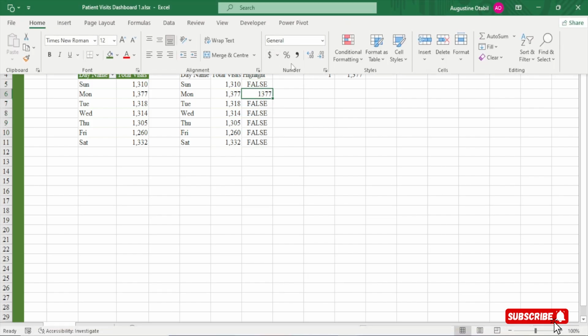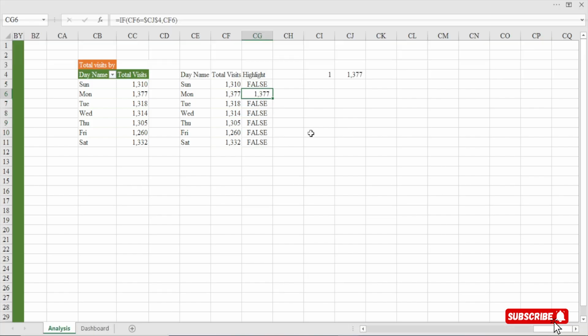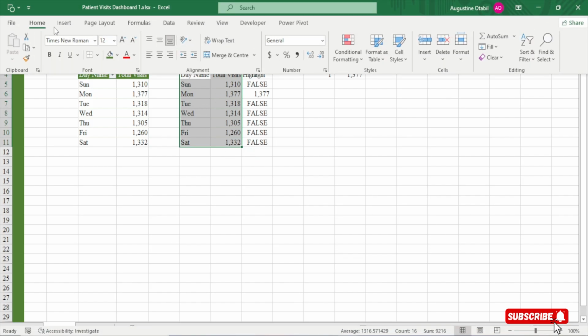So let's format it. Perfect. Now, watch here. I'm going to highlight this one for now because I've extracted it from the pivot table. I have to select it in order to get the chart. So first of all, highlight the day name and then the total visit for now. Then let's insert